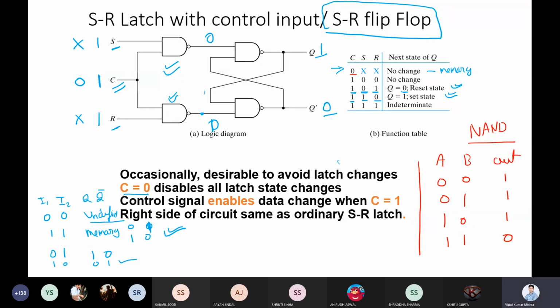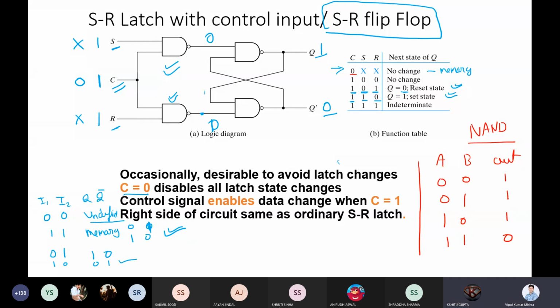Now, one more thing. So this is the overall SR flip-flop, right? Now, in this entire circuit, I just want to make this circuit a storage unit. I don't want reset. I don't want any set. I just want to make it a storage. So what do you think we can do if we want to make it a storage?